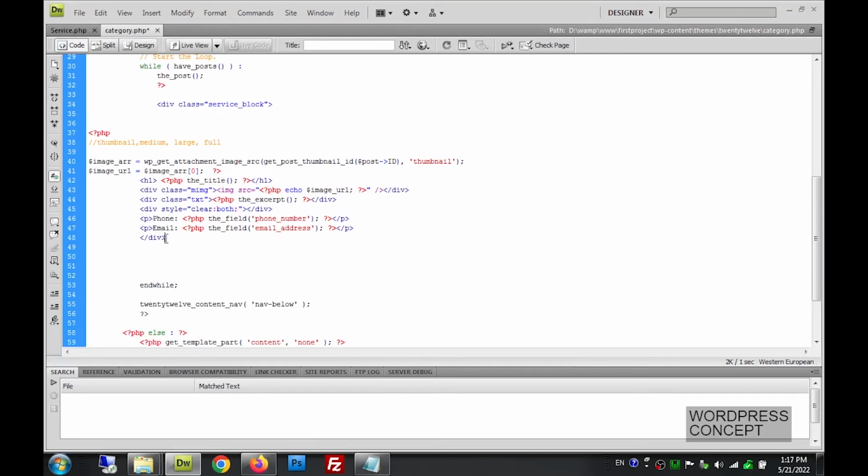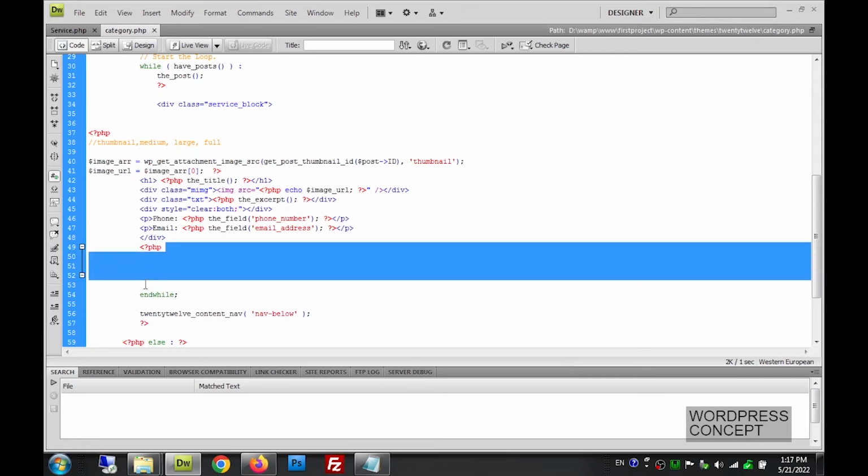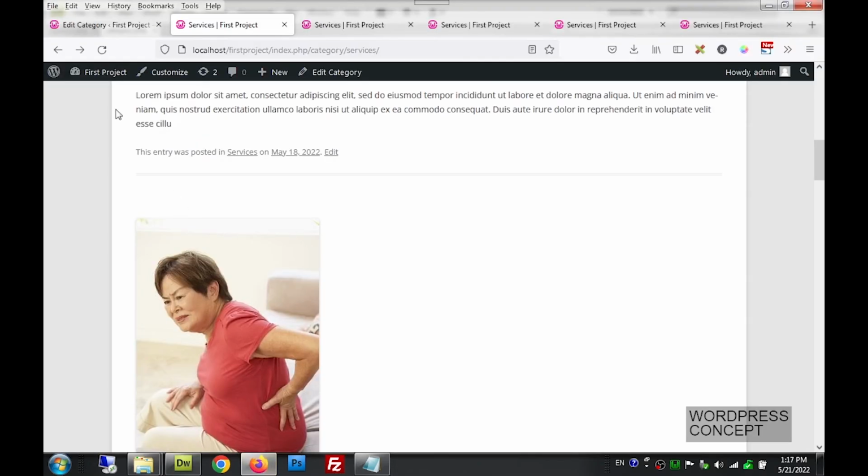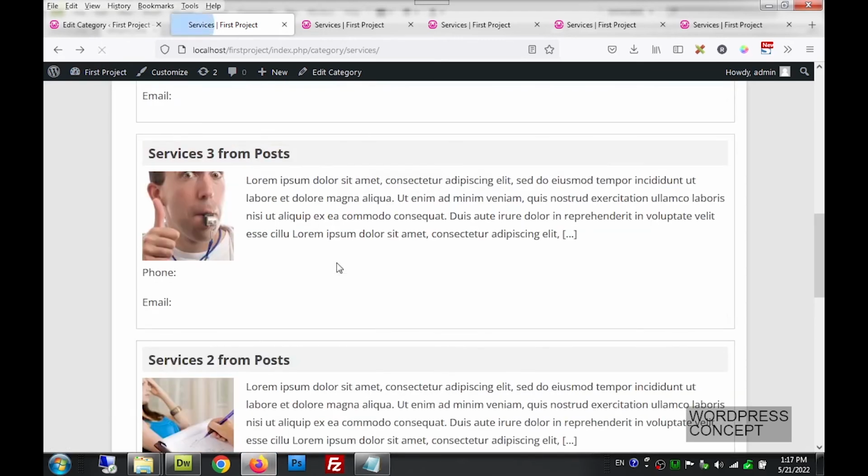To make it green, up till this point we can see this is the closing of the div, and the div is part of HTML, in simple terms. So after this HTML is finished, we will start the PHP. Now this while is part of the PHP, and it is showing green now. Now we have brought that block of code from the services page to this category page, and we will save it. Now the layout of our category page will change,